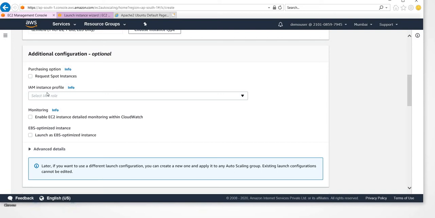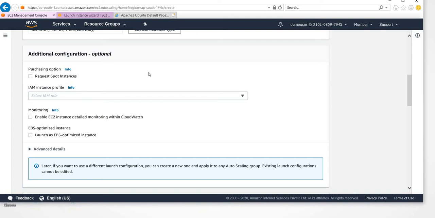For example, if you have static files or images, or your EC2 instances go and access other AWS resources, one classic example is an S3 bucket where you have stored some images. The web server needs to go and grab them and render them to the user. In that case, the EC2 instance should have permission to access those AWS resources. How that happens is you create one IAM role and then associate it here.